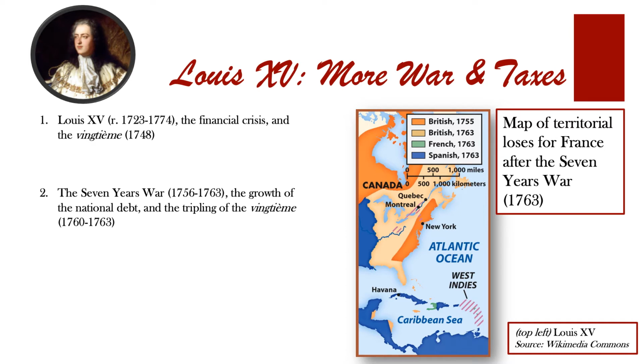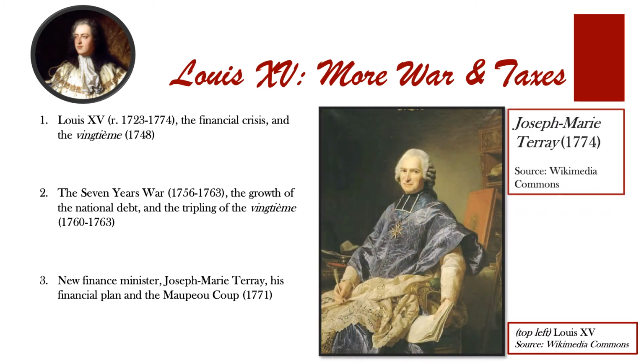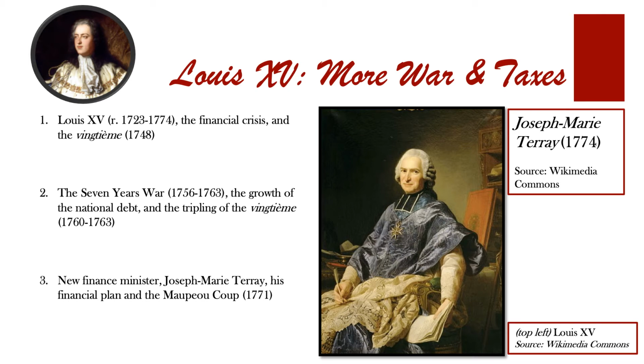Making matters worse, France lost the war and had to agree to give up large portions of their overseas empire, including their North American colonies, with the exception of the Caribbean islands, which meant a huge reduction in income from the colonies. Well, after the war, Louis XV tried to offset this imbalance by forcing the parlements to renew the triple vingtième tax during peacetime. This was an act that the parlements objected to strenuously, as you will read about in a moment.